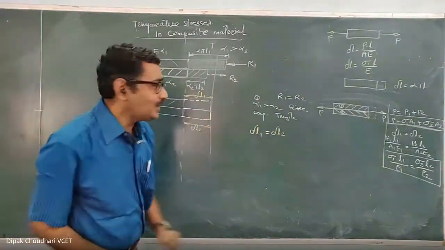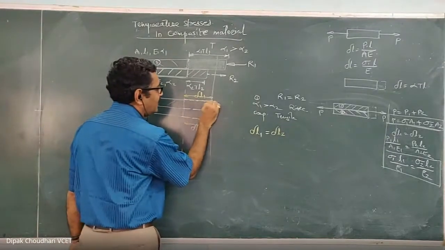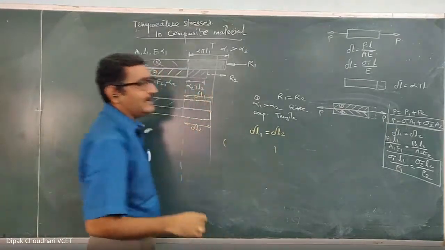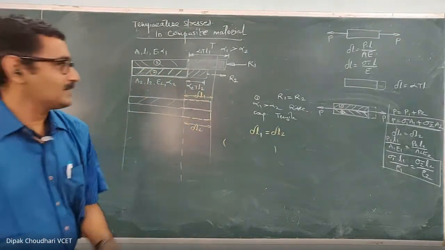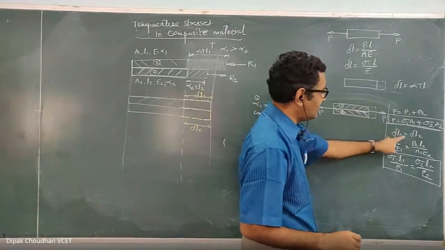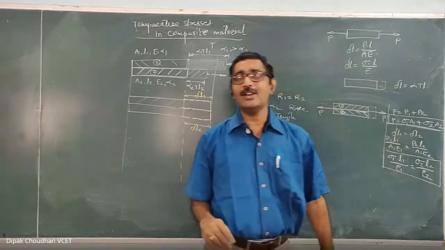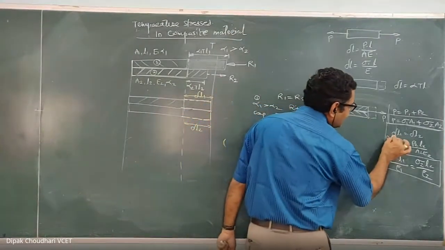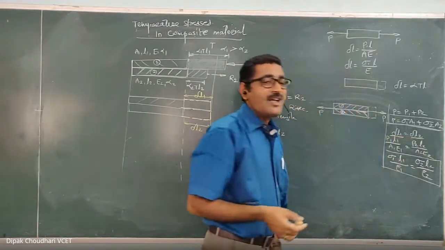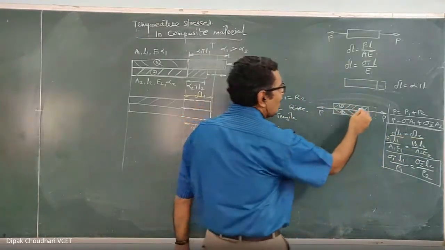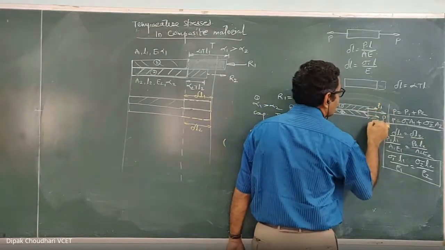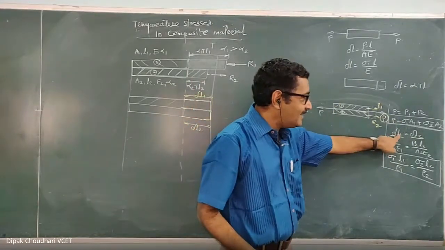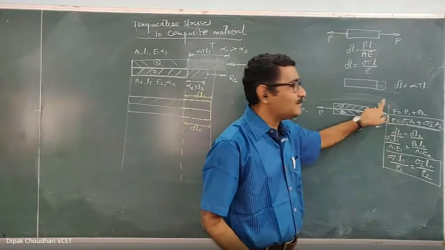Okay, but one important thing is that the final deformation of material 1 here is the summation of two different types of deformation. Listen carefully. A similar relation we have written here also, delta L1 equals delta L2. Similar strain relations we have written here also. But in this case, what is the difference? This delta L1 and delta L2 are the deformation just because of these axial forces P1 and P2, which are induced because of this P. Okay. So here delta L1 is the deformation only because of the axial force P1, but here it is not the case.